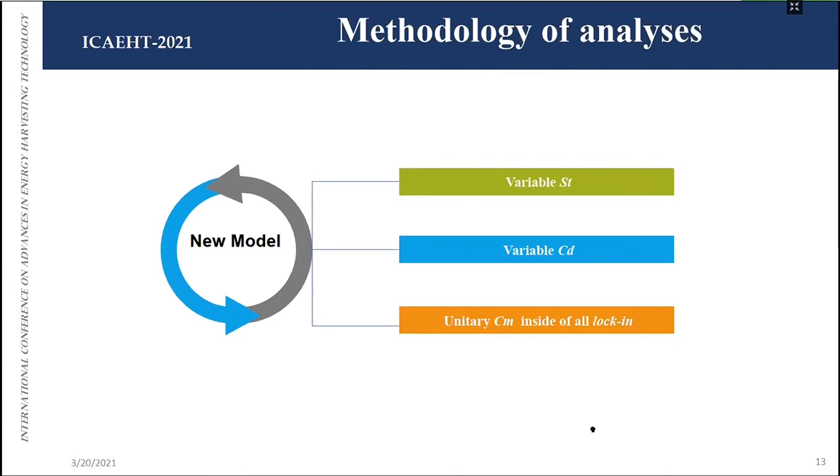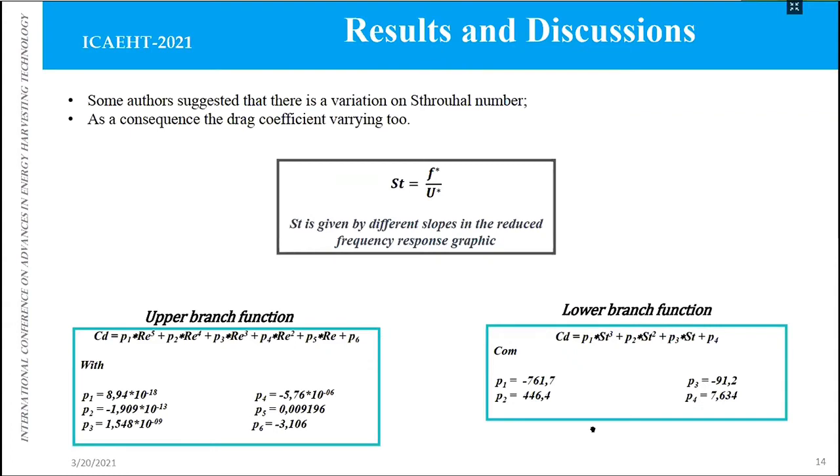We start to make some identifications, and we saw that the Strouhal number can be given by different slopes inside the frequency response graph, as we can see here. And with this function, we could identify the variation at the lower and upper branch of our drag coefficient given by these two equations. With these three